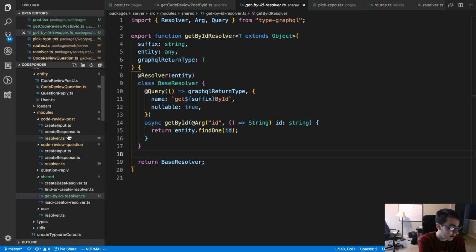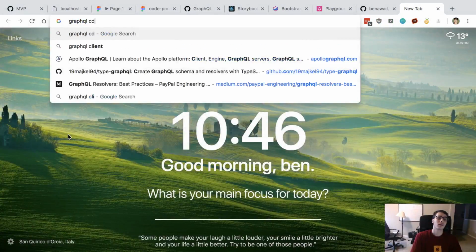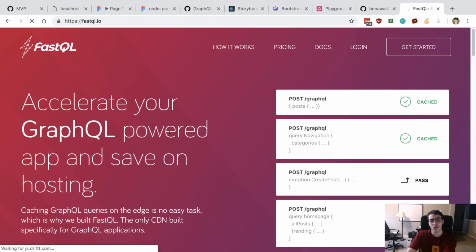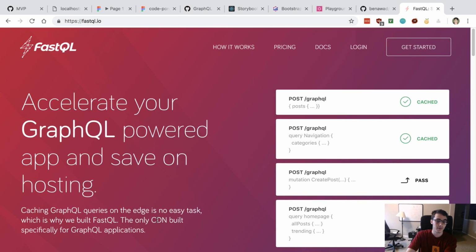Yeah, you can either have GraphQL. You cannot use caching using a CDN. I think you can do some similar caching like a CDN. Like I think there's actually like a GraphQL. That's what I was gonna say. There's this one thing that I saw called FastQL at one point. That this is literally a CDN built. Yeah, there you go. Specifically built for GraphQL.